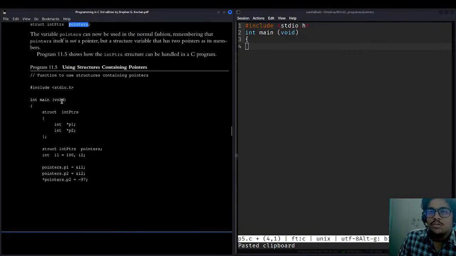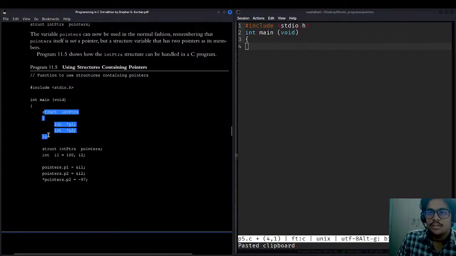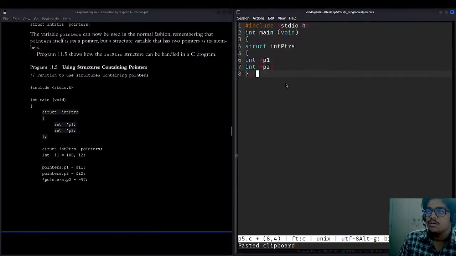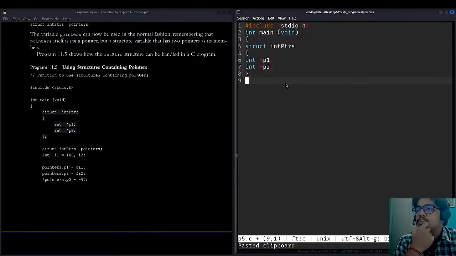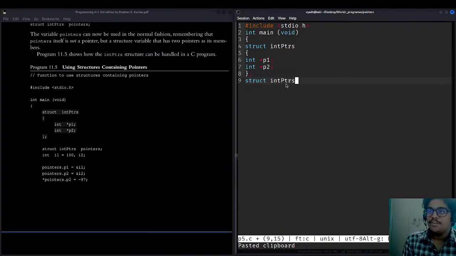Okay, working fine. Let's write this program. So the structure int_ptrs, till here it is the same. We have defined a structure int_ptrs in which we have taken two pointers p1 and p2. Now we are using this struct int_ptrs and defining a new variable whose behavior depends on the structure.